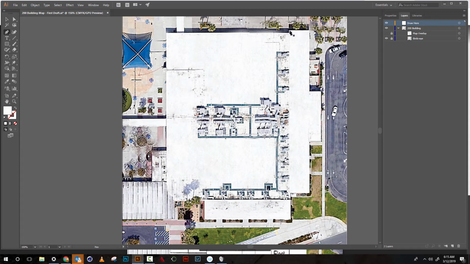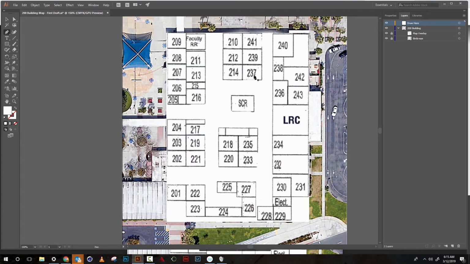I'm going to leave it up to you whether or not you're going to use this little overlay here. One thing that we're going to talk about with this assignment is the ability to simplify things. We don't have to make the map perfectly accurate as far as where things are in relation to each other. Maybe we need to make the hallways bigger or smaller depending on what makes more sense. To me, the labeling of this room as 215, it's so small, it doesn't make any sense. The non-labeling of this,